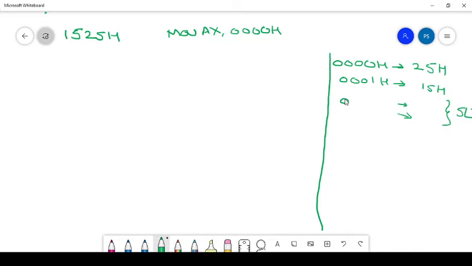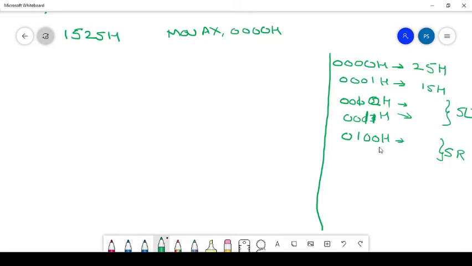Generally you can write 1002H, 1003H. Then 1004 is allocated for the shift right operation.